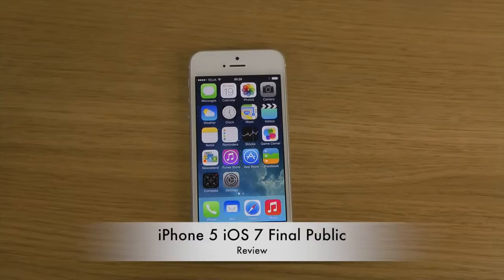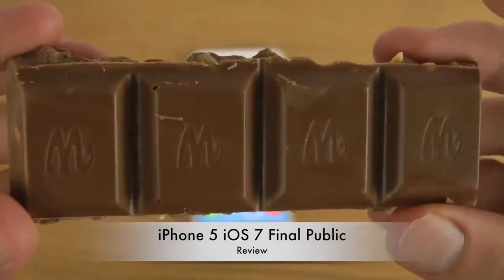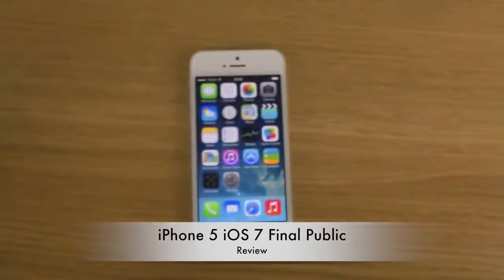Hey guys, so today I want to do a quick little review here on the final iOS 7 on my iPhone 5. I'm still trying to get it to work on my other iPhones, my 4S and the iPhone 4, but it still seems to be trying to activate, and that's definitely annoying. So I'm going to go over it a little bit quick here on the